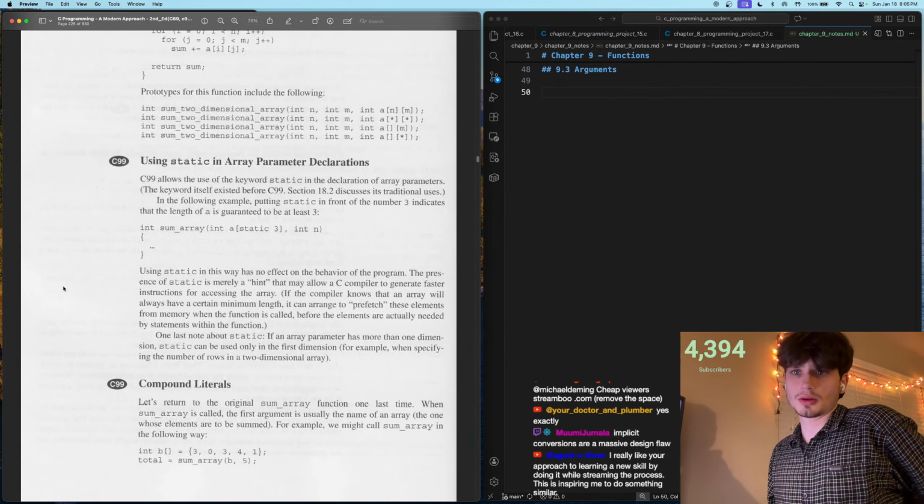C99 allows the use of the keyword static in the declarations of array parameters. The keyword itself existed before C99. Section 18.2 discusses its traditional uses. In the following example, putting static in front of the number 3 indicates that the length of a is guaranteed to be at least 3. int sum_array(int a[static 3], int n)